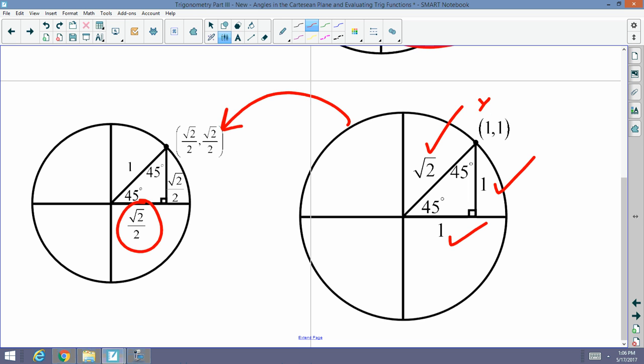This x and y, no, those are not my cosine and sine. This is my cosine. This is my sine because it's on the unit circle. Points on the unit circle, that x and y, that's my cosine and sine. If I have a larger radius, then the x and y are not my cosine and sine. You feel me? Okay, now,